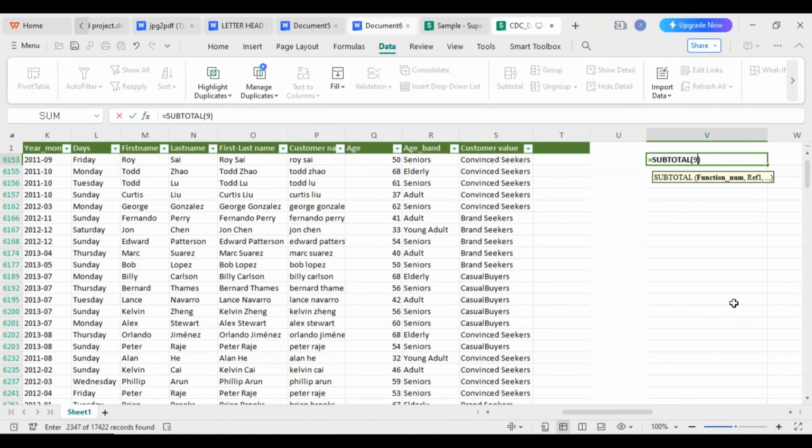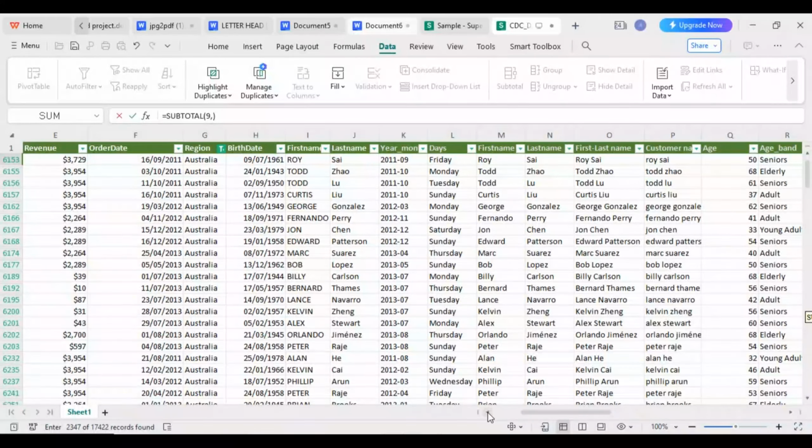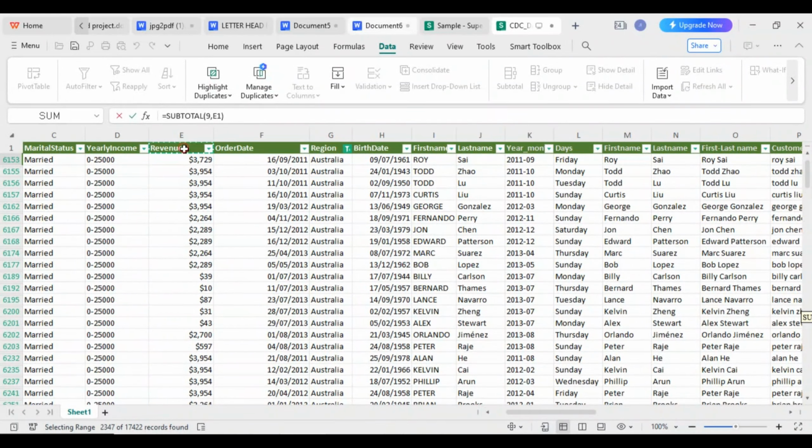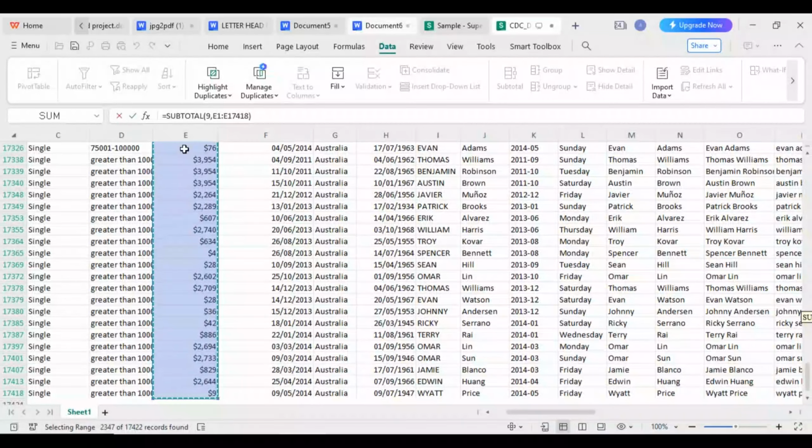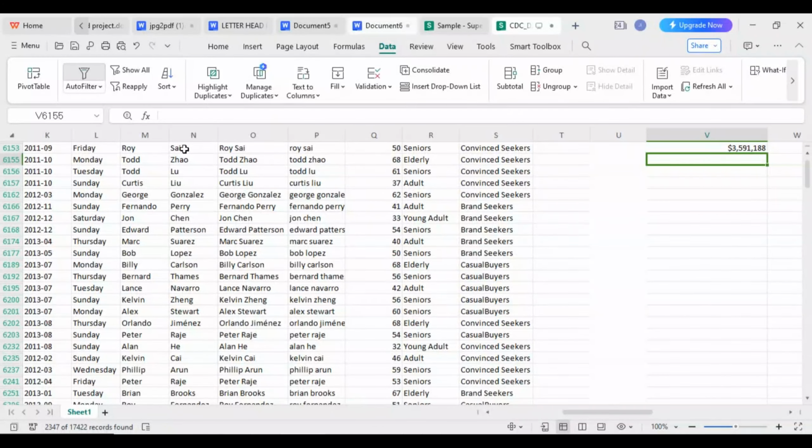So the next is a function number. Then you put your comma. Then you go to your reference one, as the case may be. When you have done this, you go to the revenue again. So we want to subtotal based on that. So we'll click shift control down. So we can now close it. You see that it has given us the total for just the subset, and the subset we have just gotten is for Australia